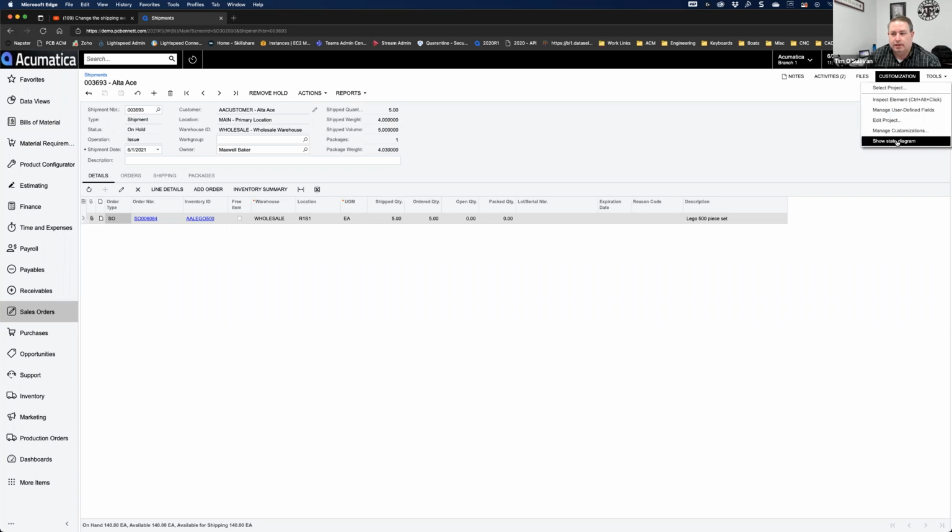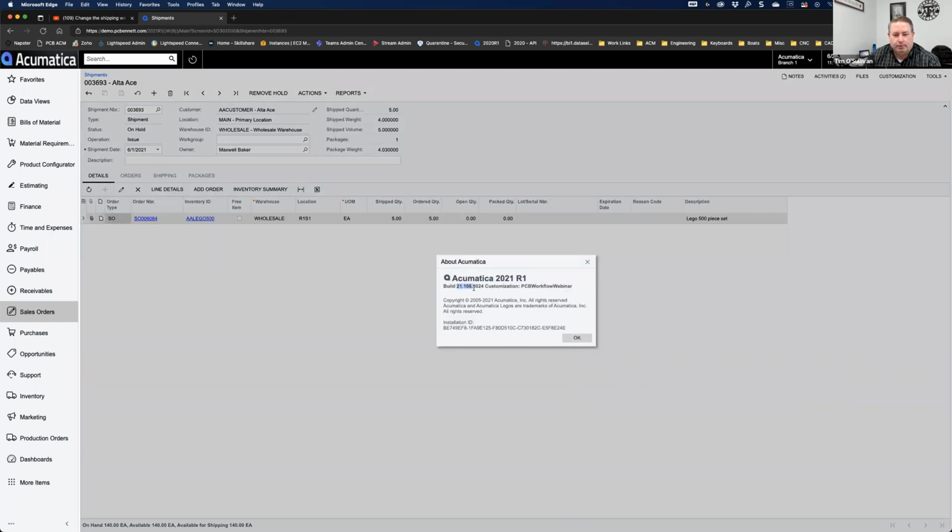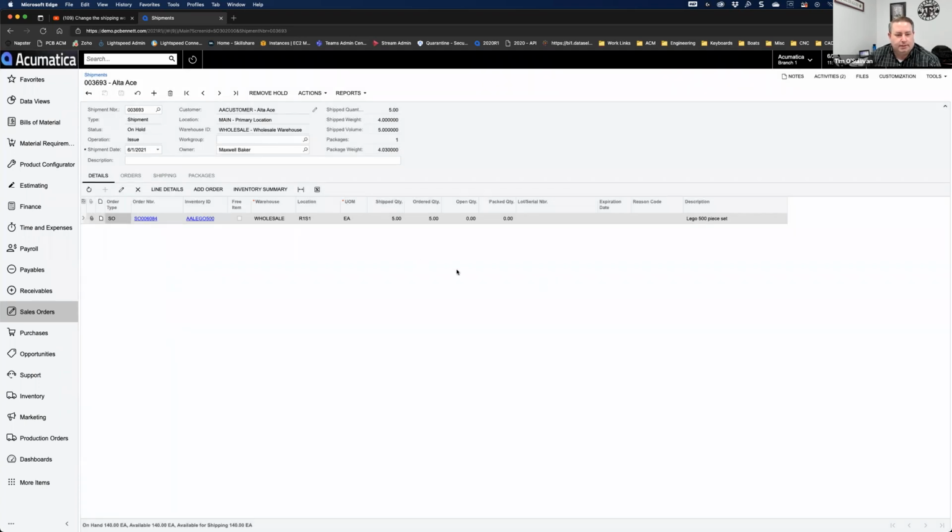customization and go into our show state diagram, which is a new customization element in 2020 R2 and above. It may have actually been even earlier, but 20 R2 and 21 R1. I'm actually in the latest build of 21 R1. So I'm at 21.106 on this demo site. And what I'm going to do is we're going to go in and first we're going to add some attributes